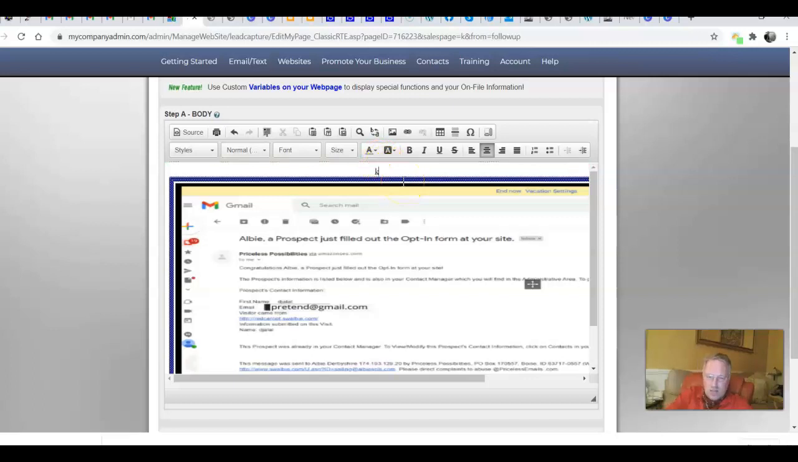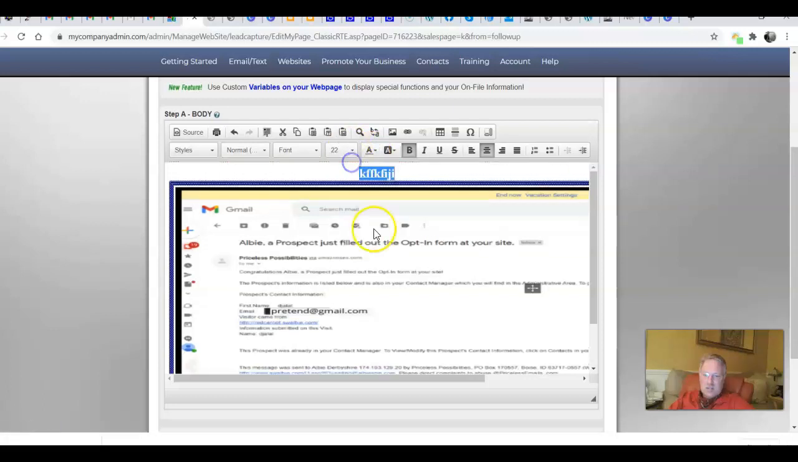Let's say I type something in here. I can change the color. I can bold it, italicize it, underline it, strike through, stick it to the right, the middle, or the left. I can change the size, change it to 22. I can change the heading. I can change the font,